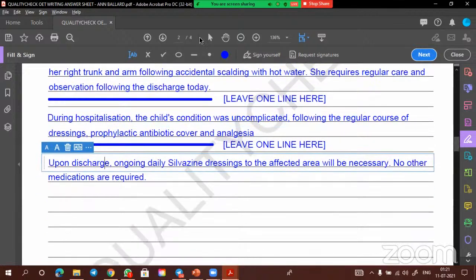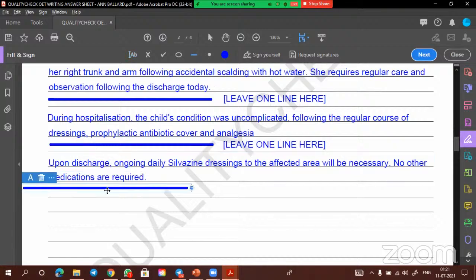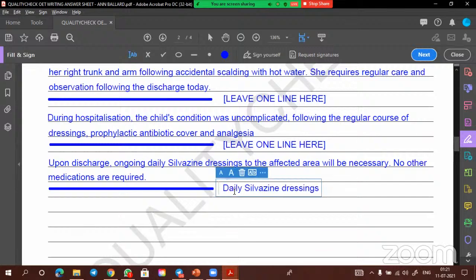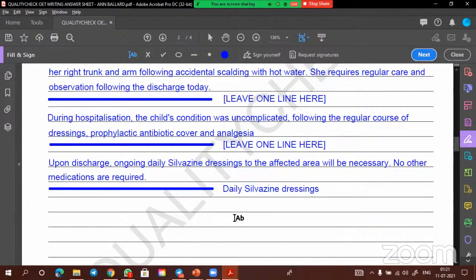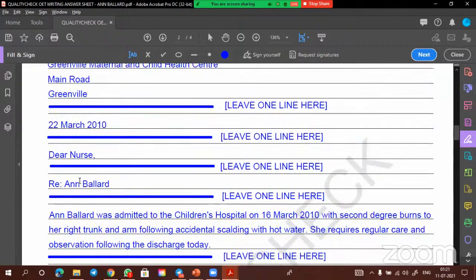Now the next paragraph you have to separate, and that is related to the mother now. Leave one line here. How you have to change the paragraph, that is what I am telling you. So mother and child, you are separating the relationship here. First important, the patient is the baby. So Anne is the one. Anne needs everything. So Anne first, then next the mother. What is related to the child, we have covered in the first two paragraphs, and the remaining things we will have to cover regarding the mother.